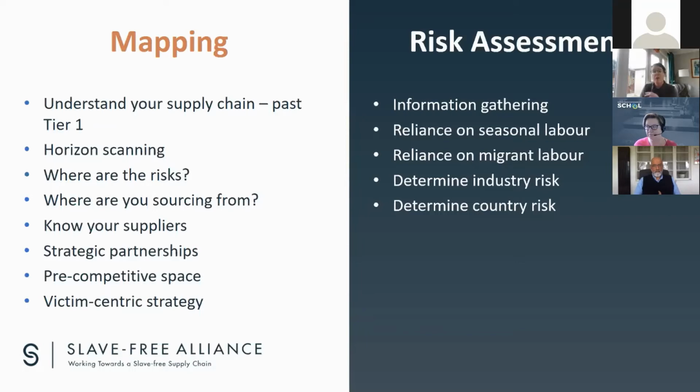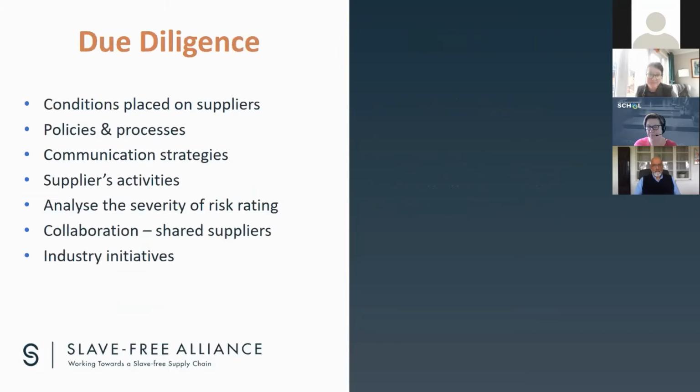So it's important to look at how all of it comes together to identify the where and the what, and then decide what steps you need to take. So, due diligence: what requirements do you already have in place on your suppliers? How are your suppliers going to be compliant with your strategy objectives? How does the supply chain react to those requirements placed on it? Who are the suppliers who are compliant with requirements versus those who aren't? What's the difference? Why are they different? Are your requirements realistic? Are there any external factors stopping them from meeting your requirements?